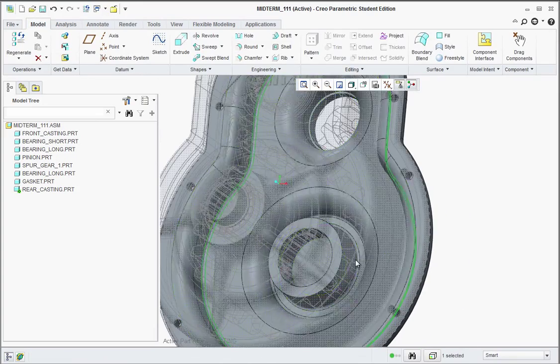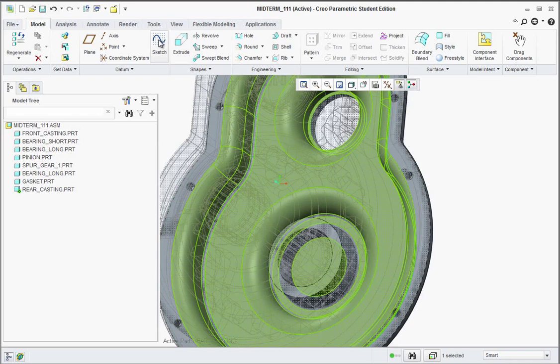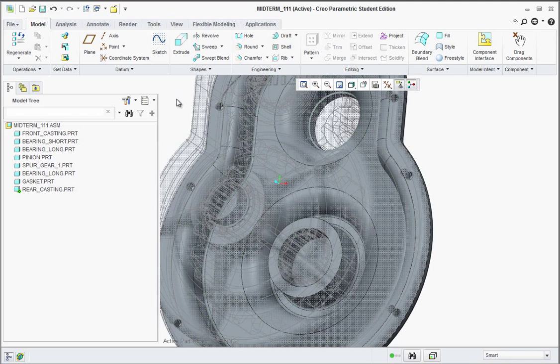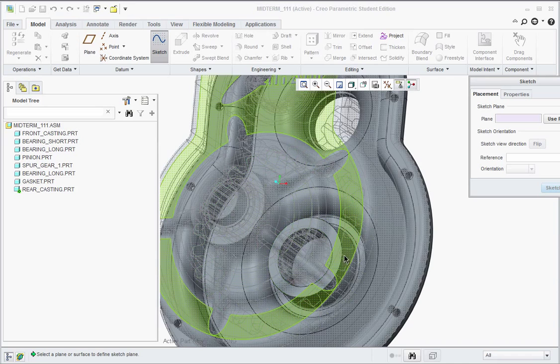Okay, now for the rib feature. This is our first exploration using the rib tool. It's actually a very powerful, very nice tool that they have built in here. I'm going to go to Sketch and select that face. If I could get through there. Oh, there we go. I want that face. I'm going to start my sketch there